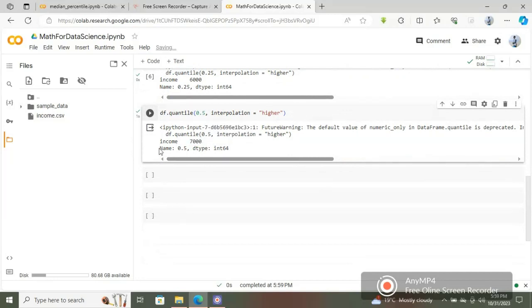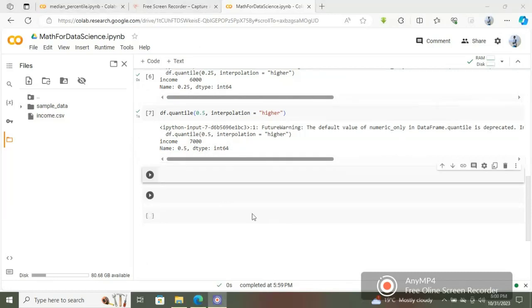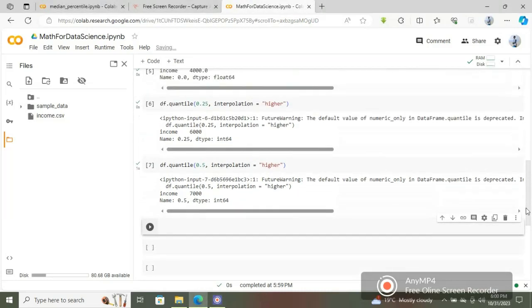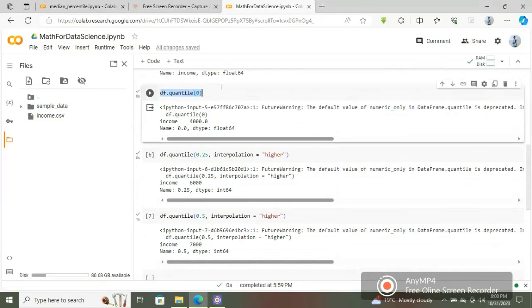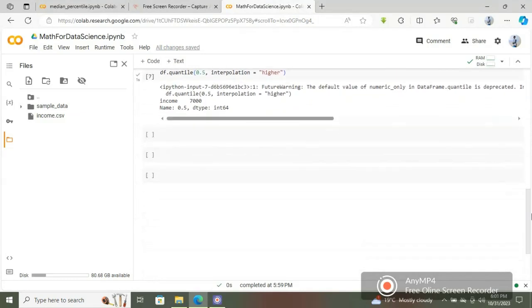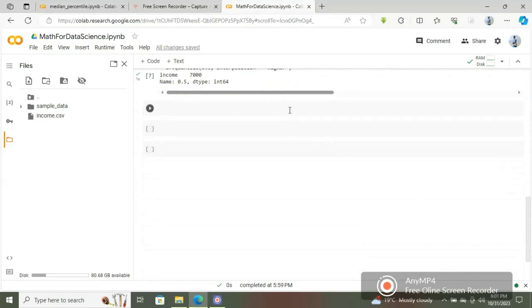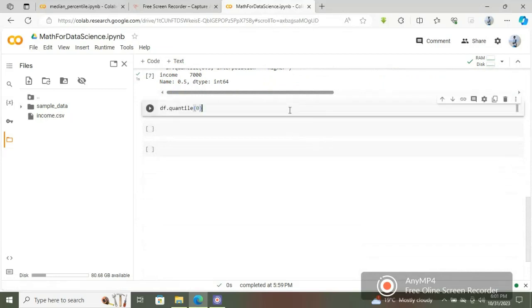So I'll just copy the same code, but instead of 0.25 we'll now have a 0.5. So 0.25 is like the 25%, 0.5 is like now the 50%. So the first one was 0, that is 4,000, 0.25 is at 6,000, and then 0.5 we have 7,000. So when we run the quantile now